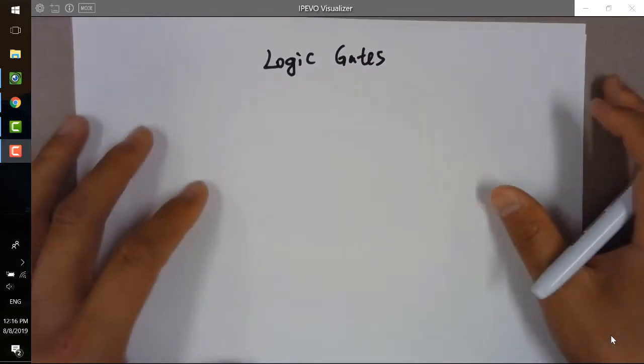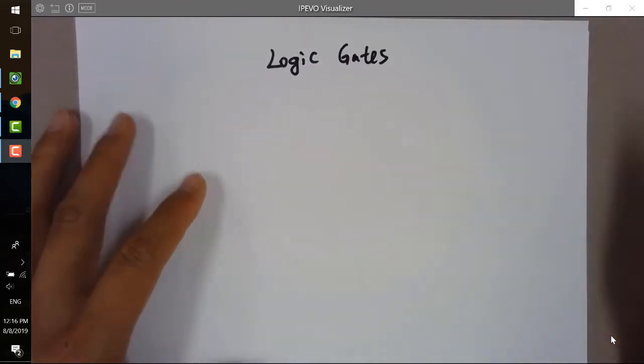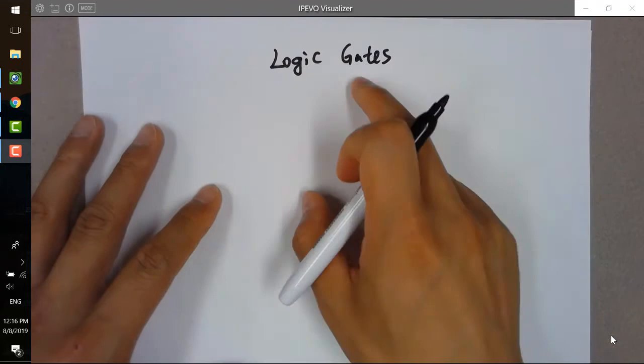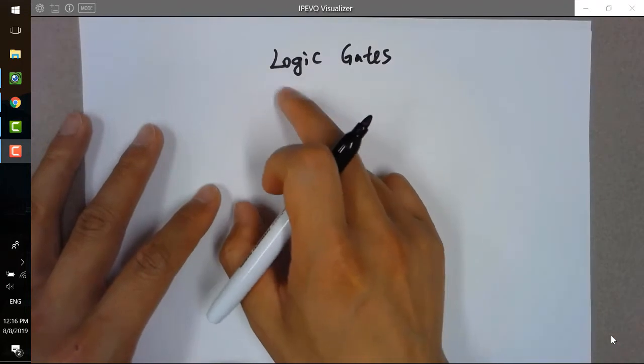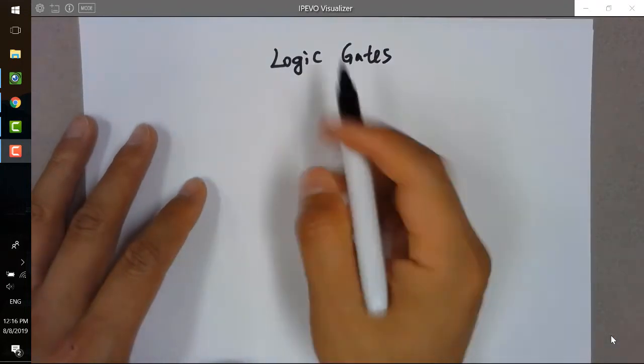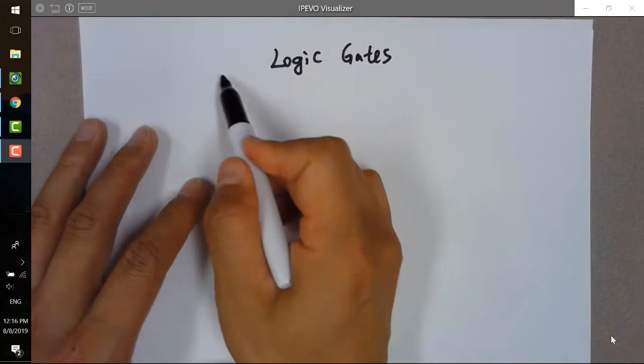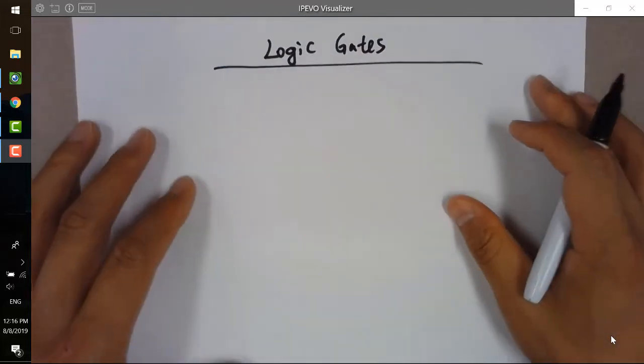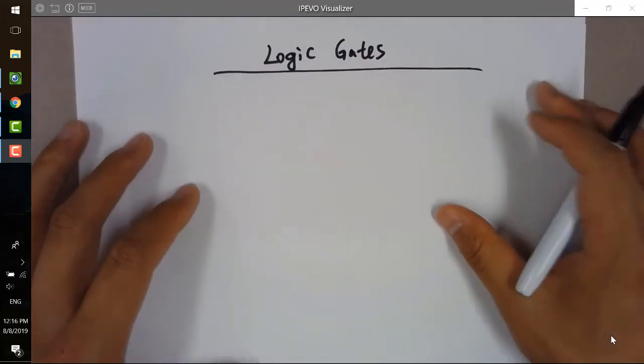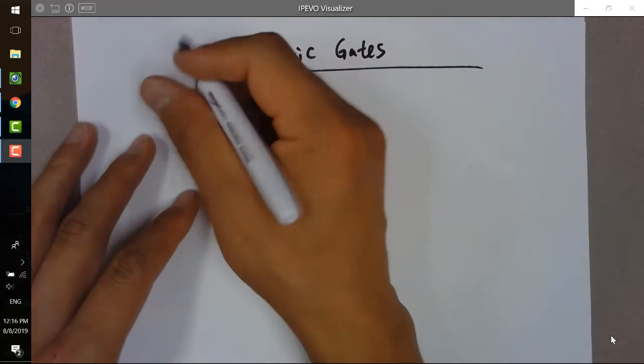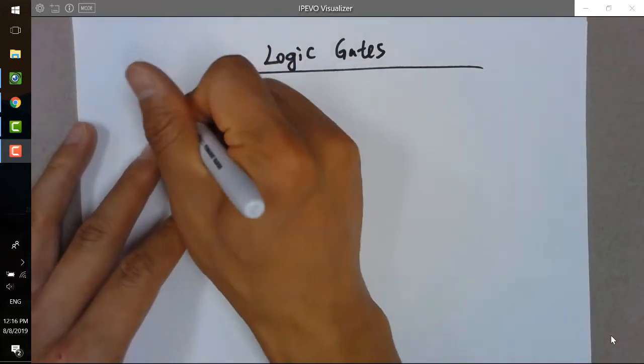So if a modern CPU is like a building, then every single logic gate is going to be a brick for that building. So it's a super important and fundamental component for any digital circuits in computers, right? So logic gates,